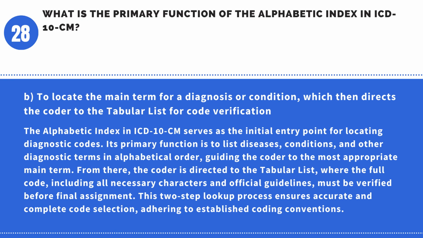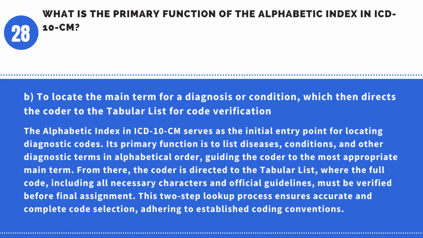Answer. B. To locate the main term for a diagnosis or condition, which then directs the coder to the tabular list for code verification. Explanation. The alphabetic index in ICD-10-CM serves as the initial entry point for locating diagnostic codes. Its primary function is to list diseases, conditions, and other diagnostic terms in alphabetical order, guiding the coder to the